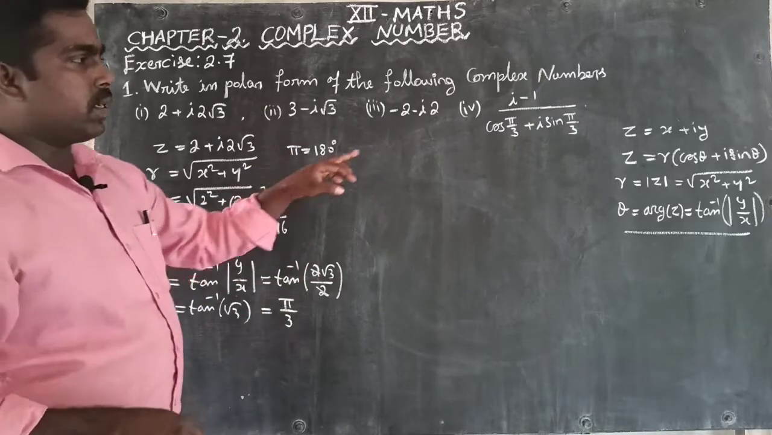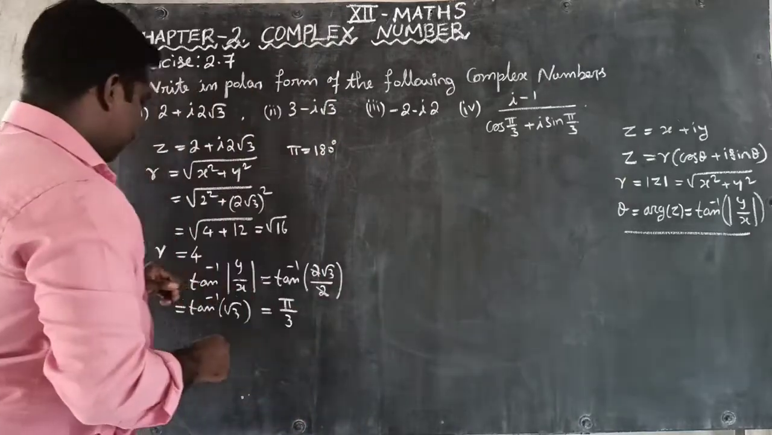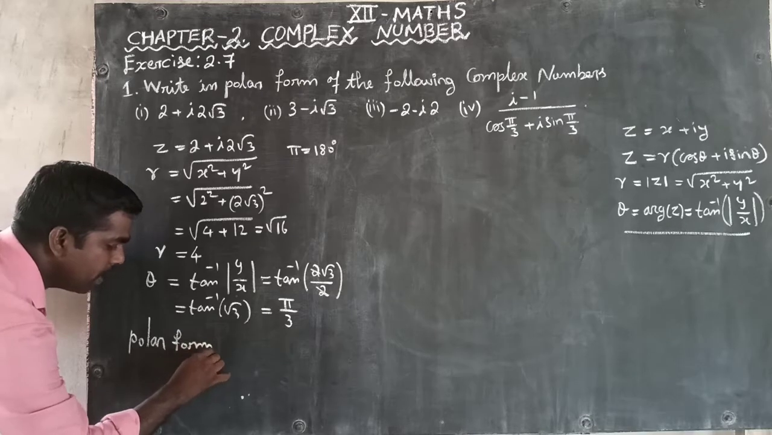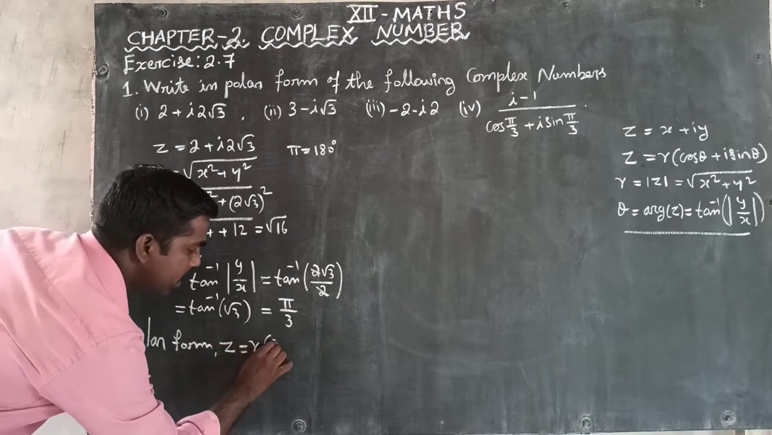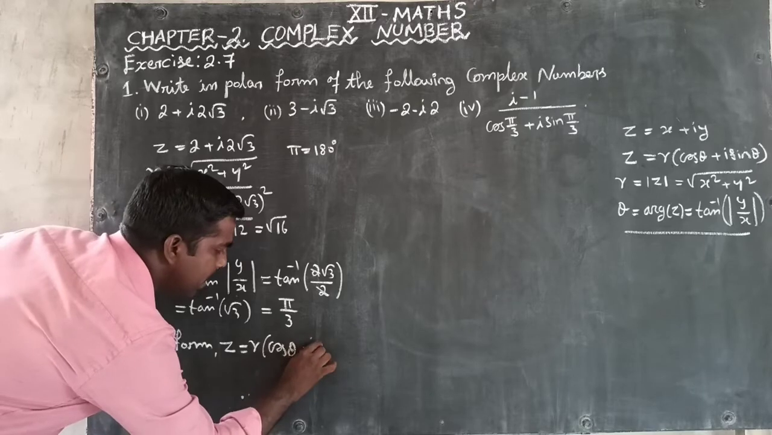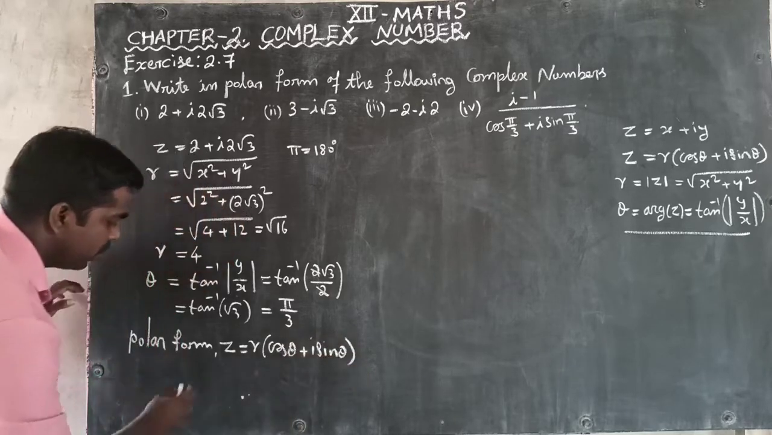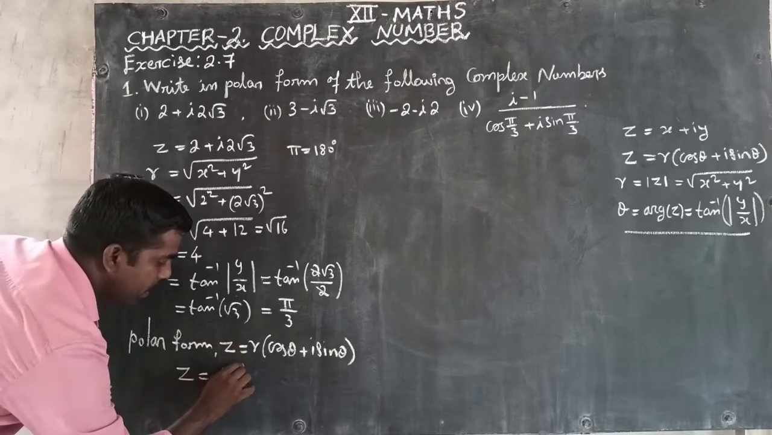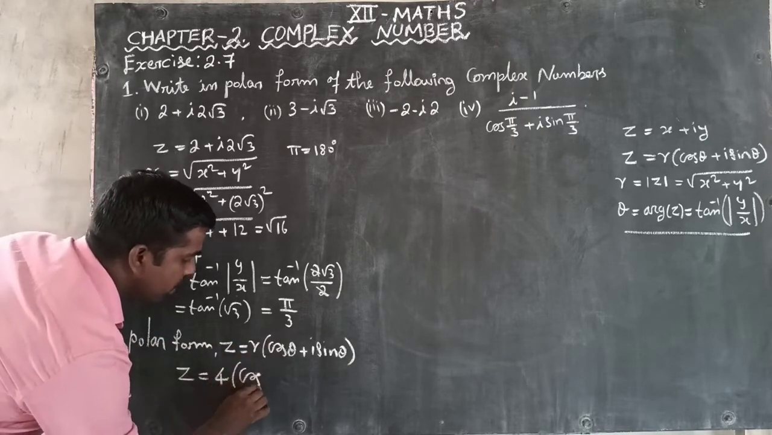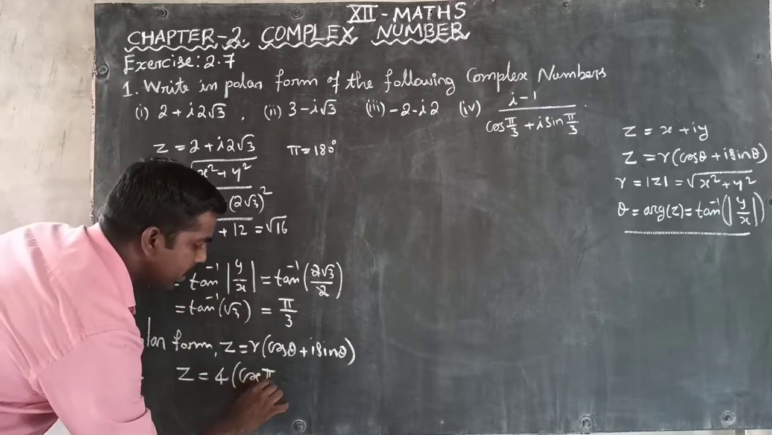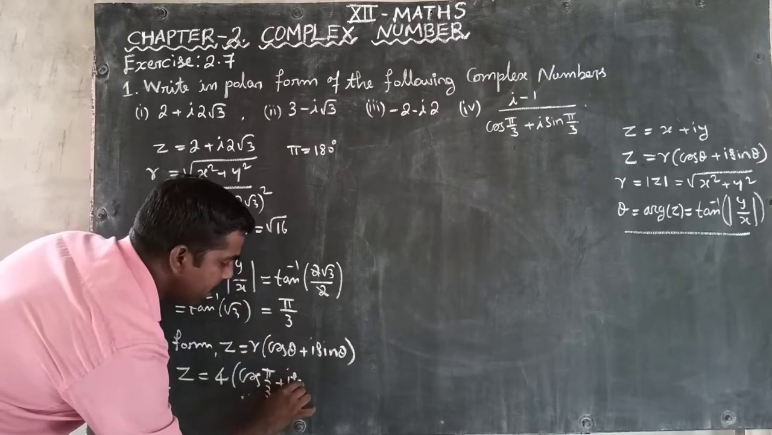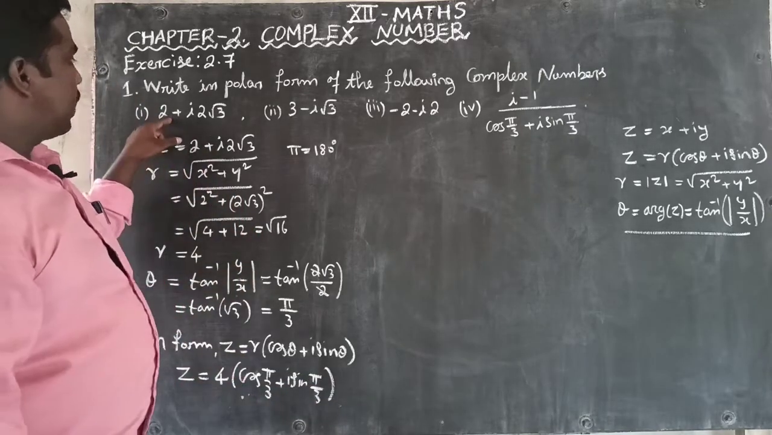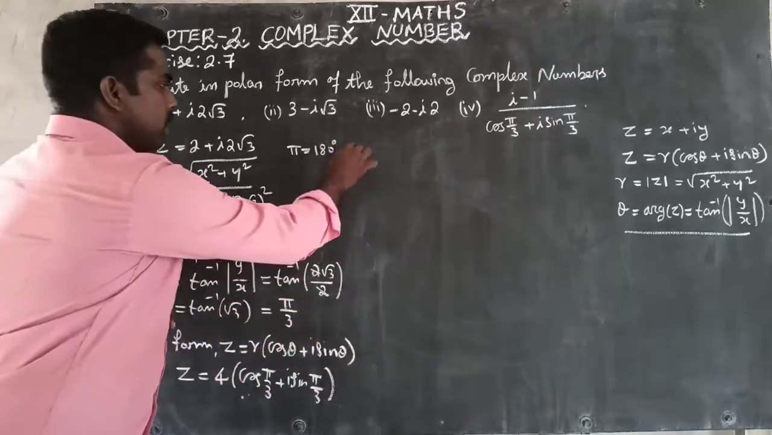So now we can substitute in the polar form. Therefore the polar form, that is z is equal to r into cos theta plus i sin theta. That is z is equal to, r is here 4, into cos theta, that is pi by 3, plus i sin pi by 3. So this is the polar form of this given problem. Okay, next